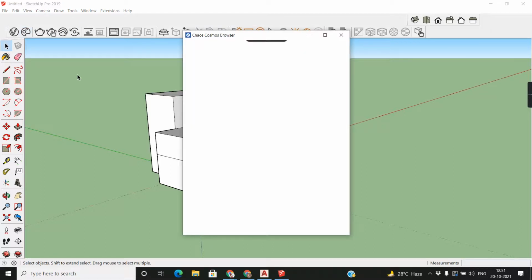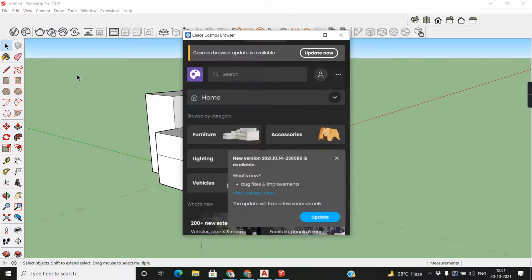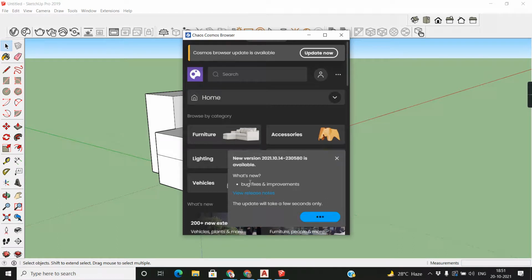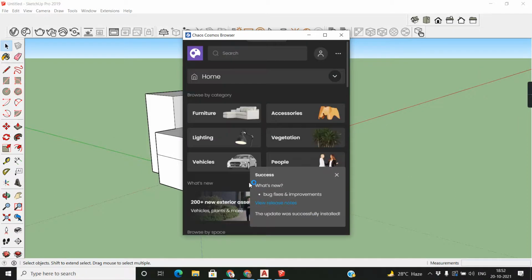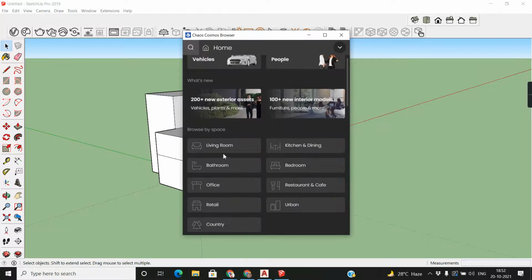If I click, this is the V-Ray library, the object library. See, we have vehicles, plants and more, and 100 new furniture items.